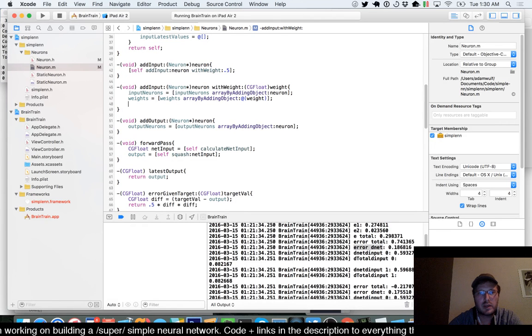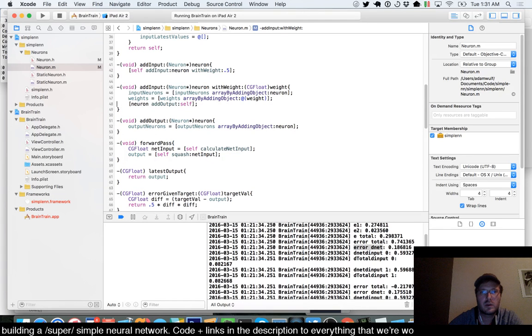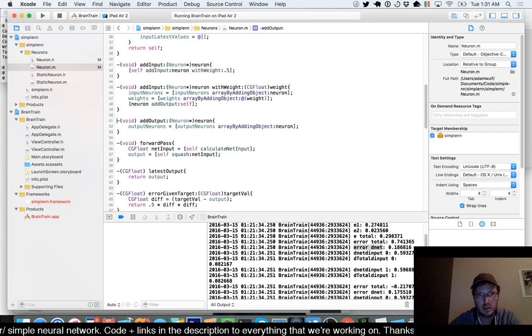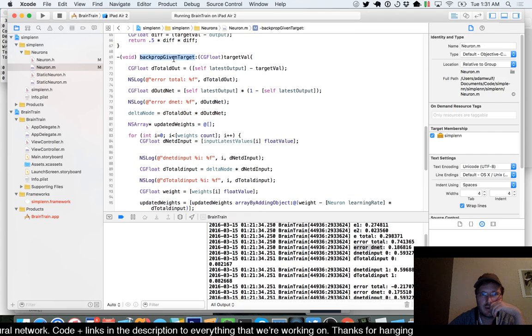So then we can have, right, because if this guy is our input, then we're its output, and so we need to tell it that we're its output, right? That's the idea. And so then that way it knows who its outputs are. So then here in back propagation, as we're